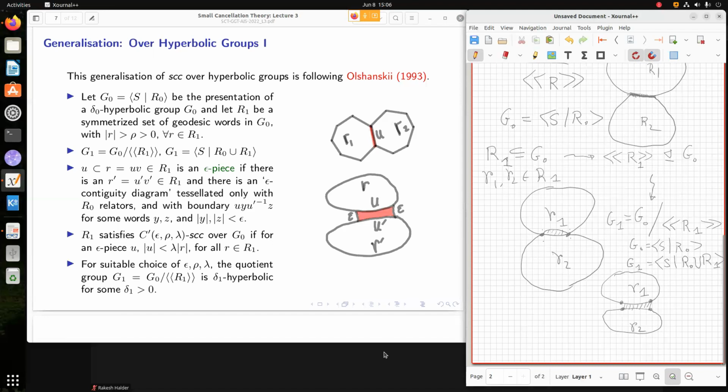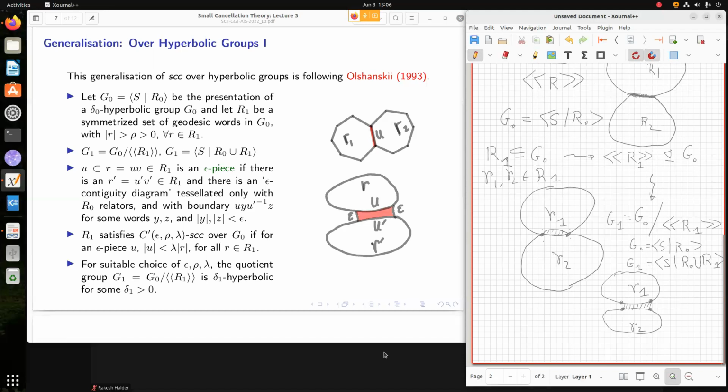So for the group G1, the set of relators would be R0 union R1, not only R1. That is the first difference that we encounter and kind of the source of all other differences. Okay, so now the